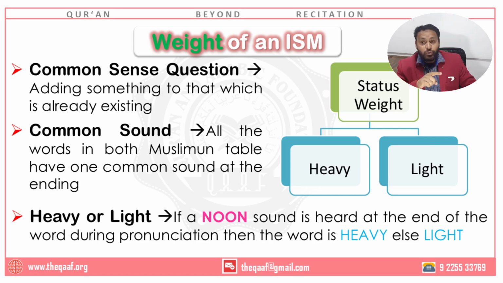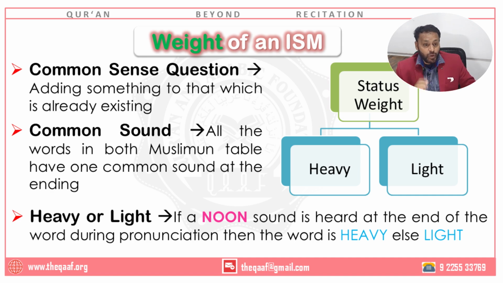That's why we studied our Muslimun and Muslimatun table in the heavy form. Un, an, in, ani, taini, atun, atin, all are heavy. Why? Because that's the default. That's how the words are. So every time I am expecting an ism, it should be heavy. If it is not, it is abnormal. I need to investigate and find out why it is light.